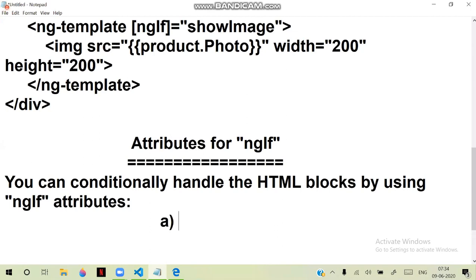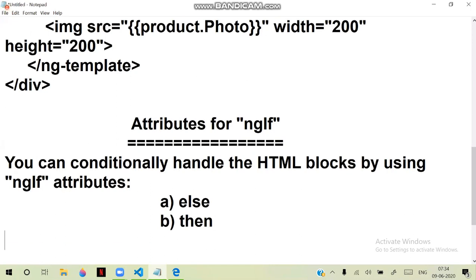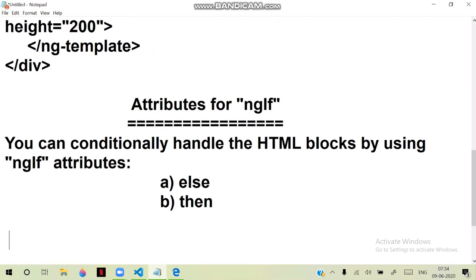It provides two important attributes: one is else, another one is then. Else and then. So important is actually, then comprises of